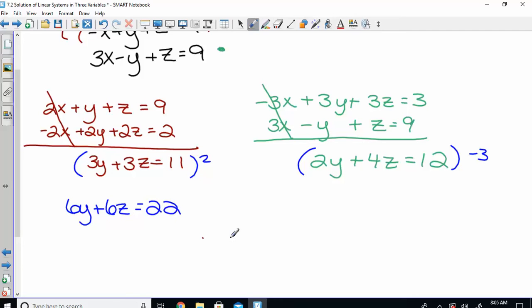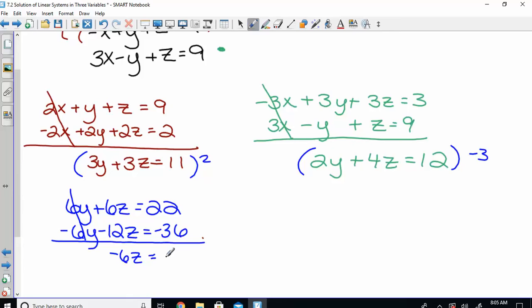Okay, so we have 6y plus 6z equals 22, and negative 6y minus 12z equals negative 36. Add those together, my y's drop, so I have negative 6z